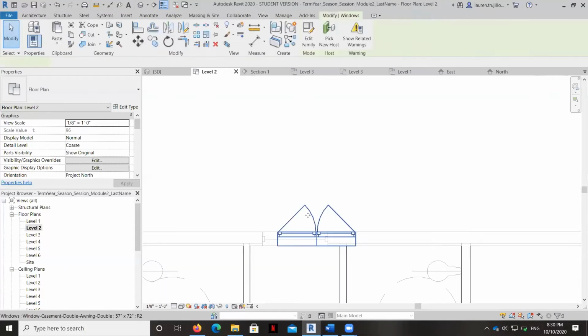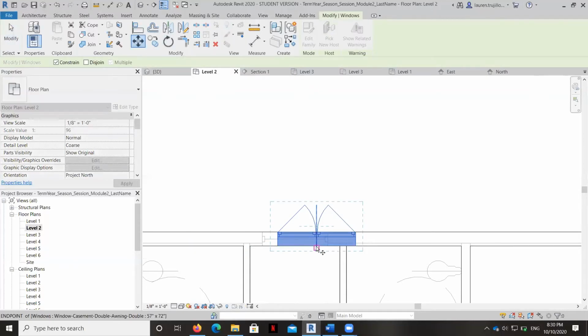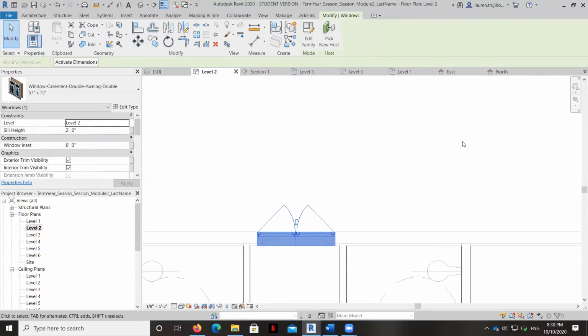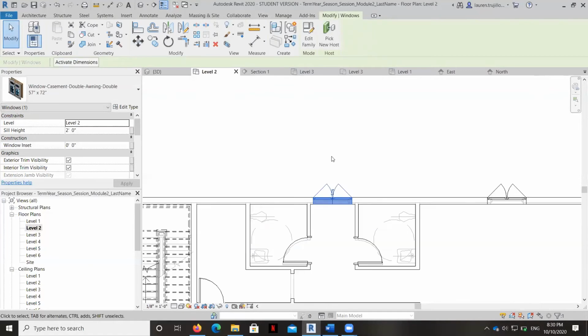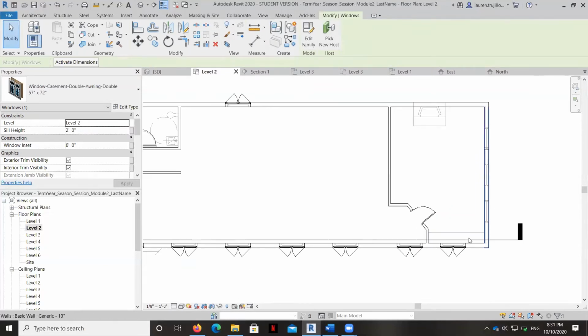All we have to do is grab it and move it so that the center one here is aligned with the center of this window. Okay. So that ought to make the mirror placement go a little bit faster. And of course, you'll go ahead and have to place them on this wall as well.